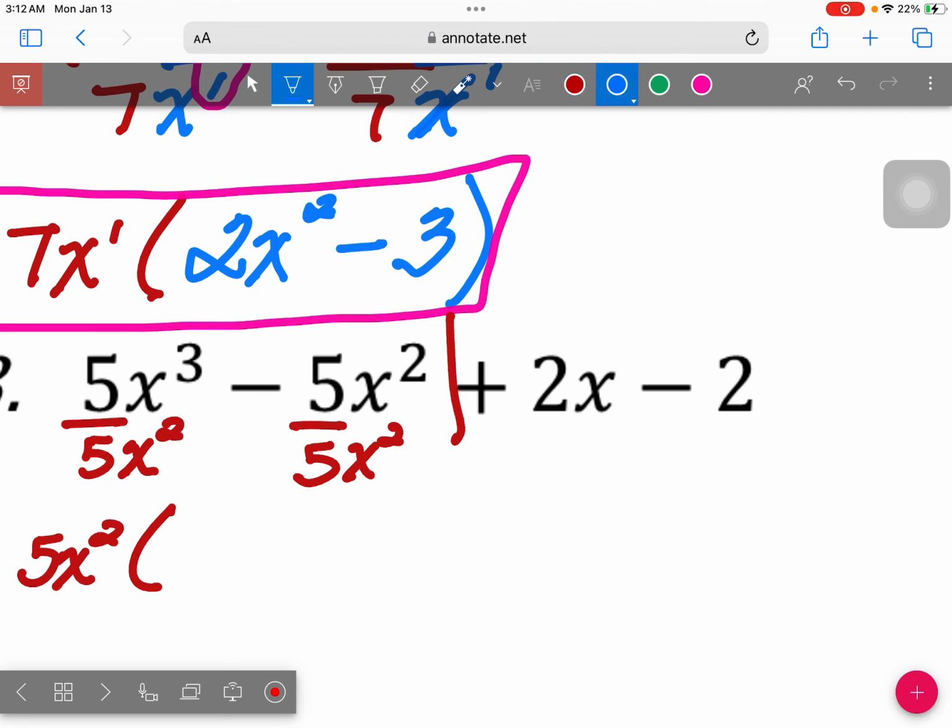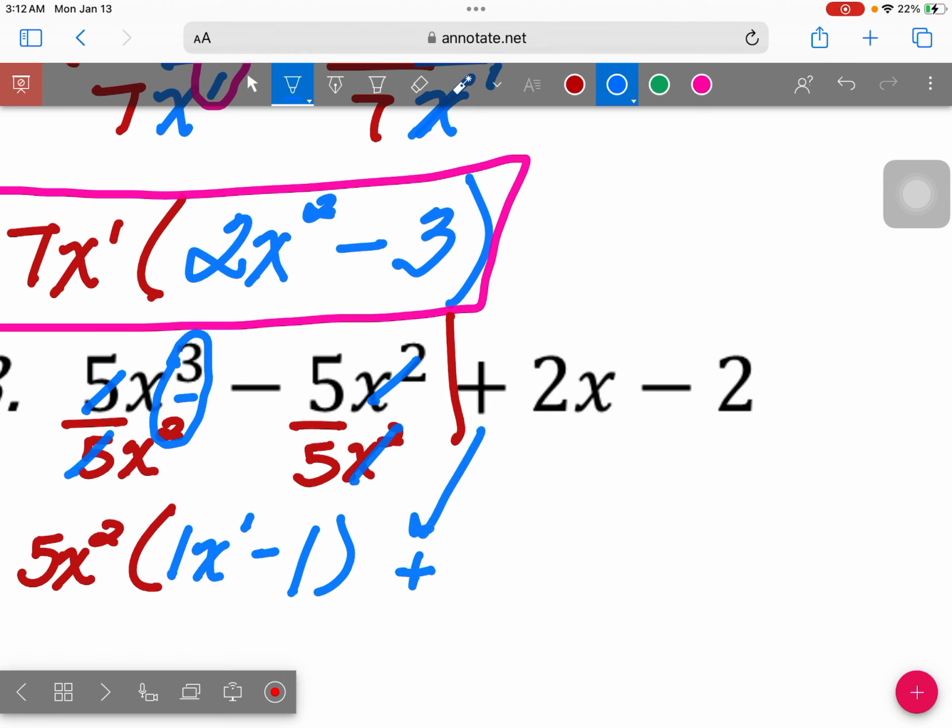And when I simplify and see what I have left, 5 divided by 5 is 1. X to the third divided by x squared. Subtract the exponents, and I get x to the first. Minus 5 divided by 5 is 1, and x squared divided by x squared simplifies out to be 1. So that's for the first two,